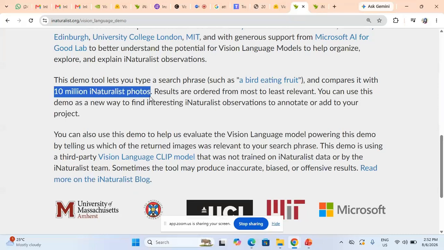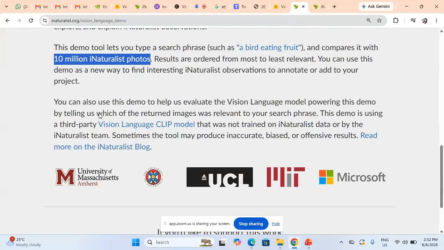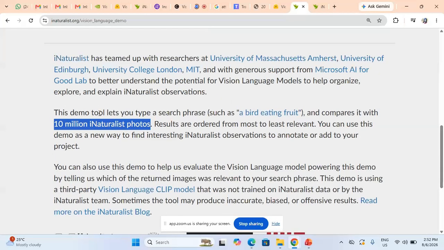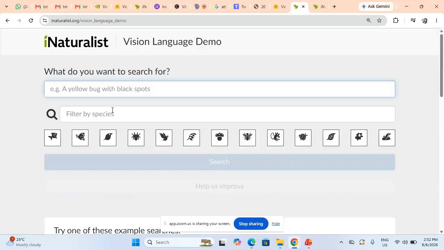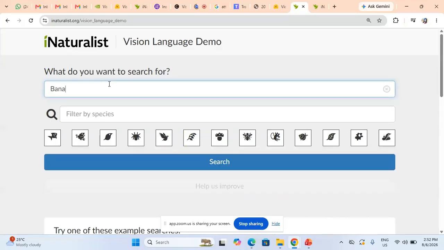It has been pre-trained with 10 million photos, and from those 10 million photos it is searching for the particular photo. You can put up any other query also, even in a specific category, maybe a particular leaf or something. Maybe we can put up something like banana leaf, leaf, sorry,